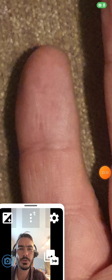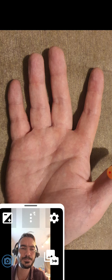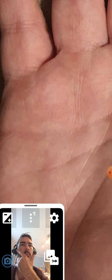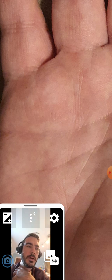And while we're on the subject of health, on the right hand little finger, just on the tip here, notice the vertical lines, just a few vertical lines here. We don't see this on the left hand. This is a sign of a thyroid issue. It's possible there are metals in the blood here. This is very common with people who have lots of fillings or piercings, because these metals can react badly in the body, against the body. They seep through the skin, and we're not really aware of how they're impacting us,